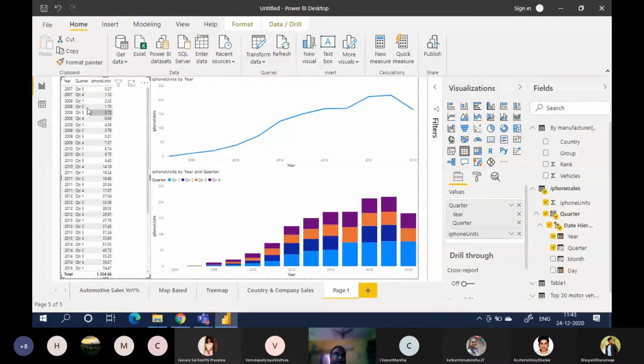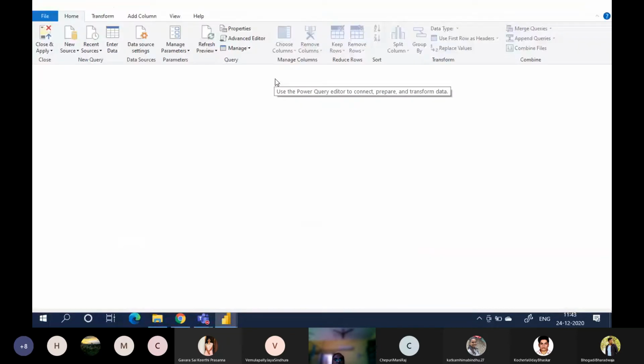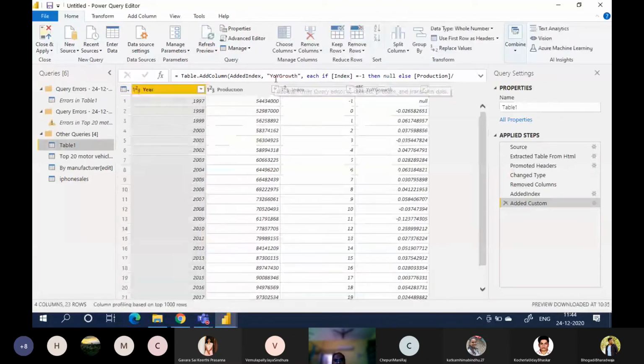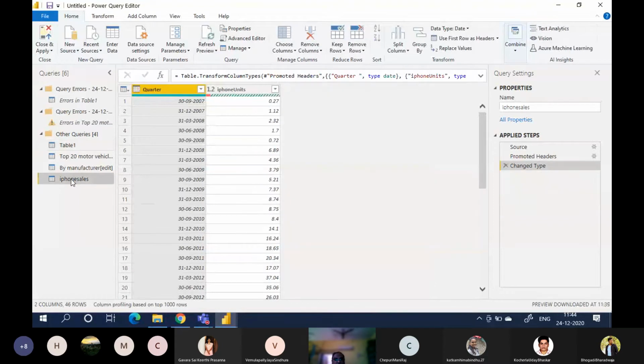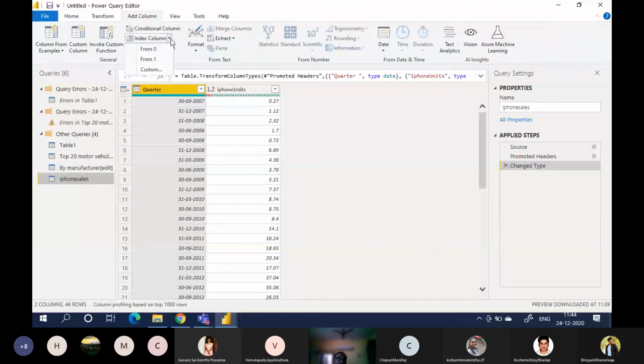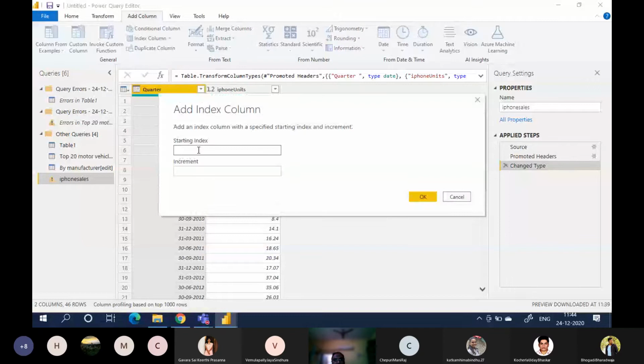First click on the table, go to transform data. You'll get into the Power Query editor. Select the iPhone sales table, add column, index column, custom. Starting index is -1, incremental is 1.